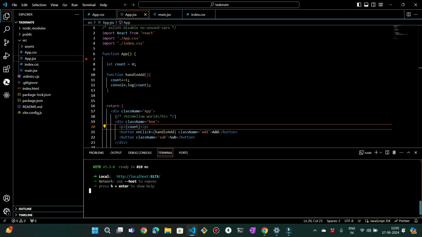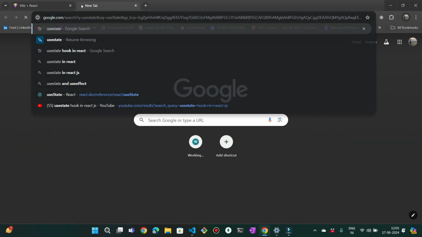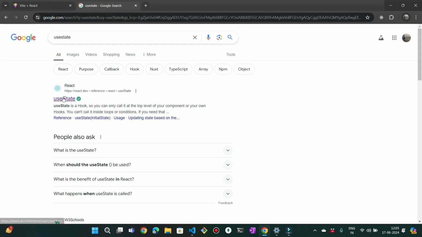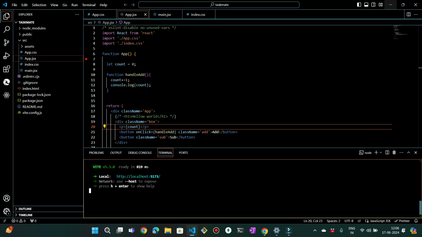In this lecture, let us discuss state and how we are going to solve this problem. So let me jump onto the documentation, and here we have useState. What is this and how we are going to utilize it? Well, it's a hook. It's a default React hook. That means it is already there with React. We don't need to create a new function. We can just import it from React,